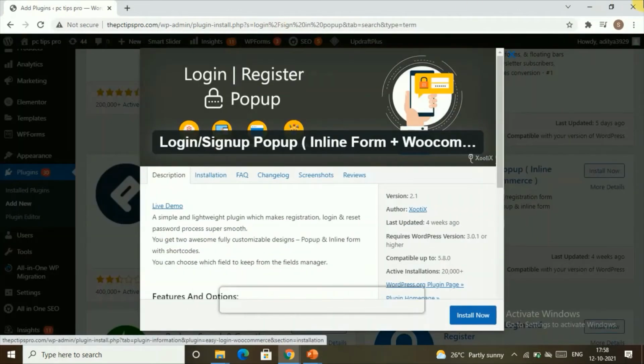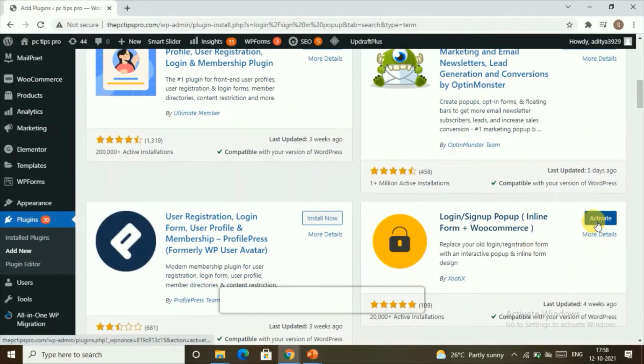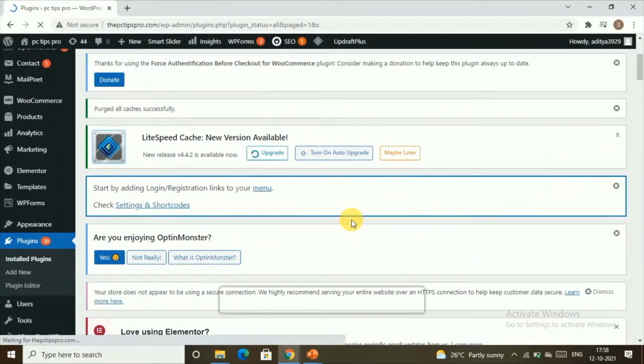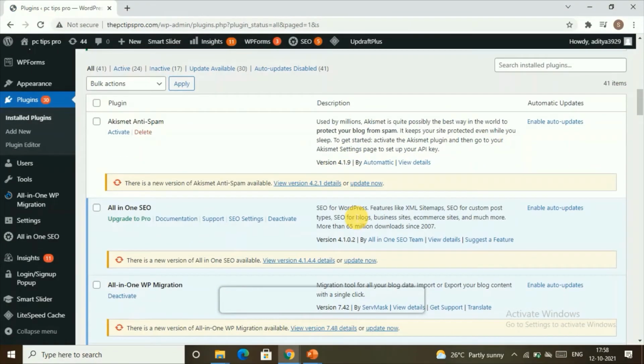So this is your login sign in pop-up, and here you can just click on Install. Once it gets installed, you can click on Activate, and now this plugin has been successfully installed into your WordPress.